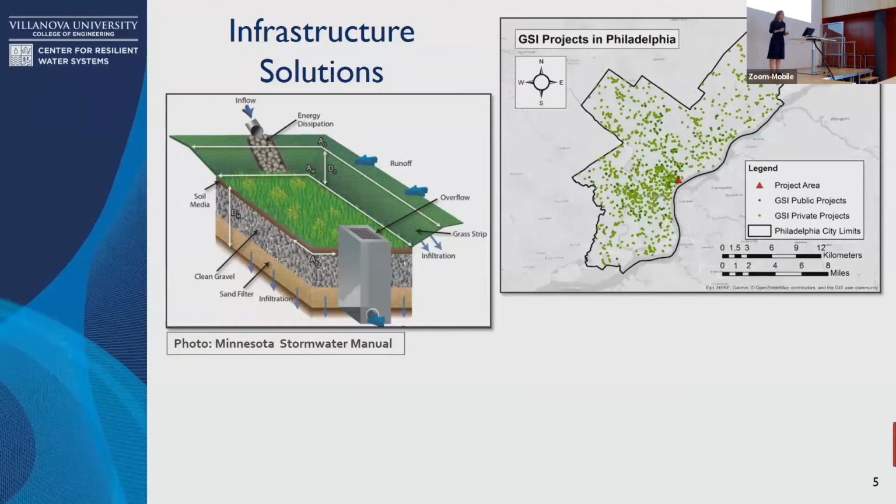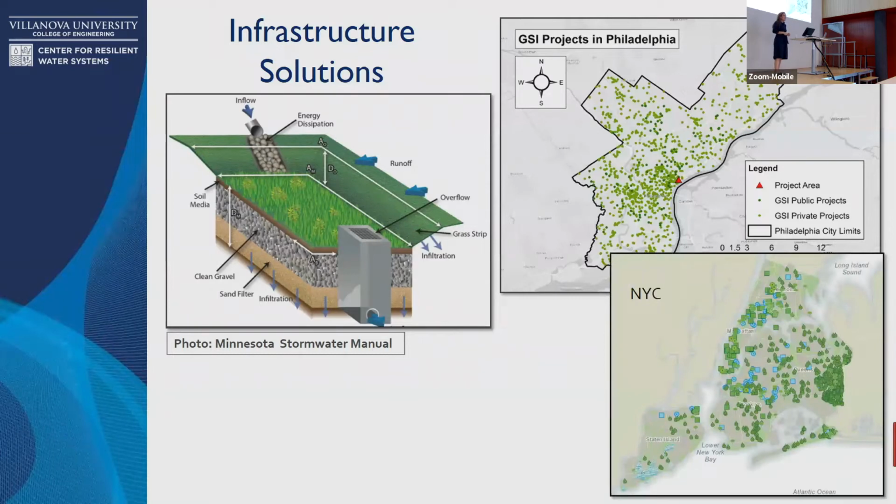And in fact, in Philadelphia, almost 8,000, what we call GSI, have been implemented in just the past decade. 8,000. It's changed the way our city looks. It's changed the quality of our rivers. And it's changed a lot of other things too. There's a lot of co-benefits that are happening that we're not even accounting for. And we don't fully understand how these systems come in. So you students, this is your job. So figure it out, make the world better. We're all excited to see you do it anytime.